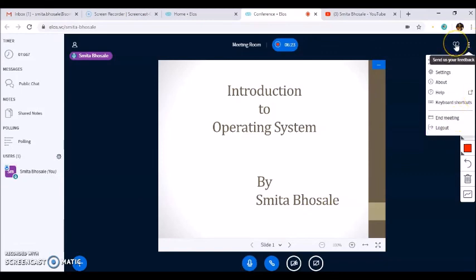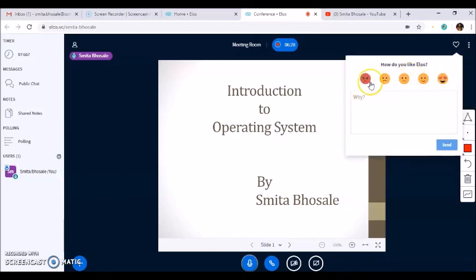There is another facility provided. Click on this heart icon. It will allow us to send the feedback. So if I send the feedback, I can select the feedback and send. So I can select the emoji and it can be sent.